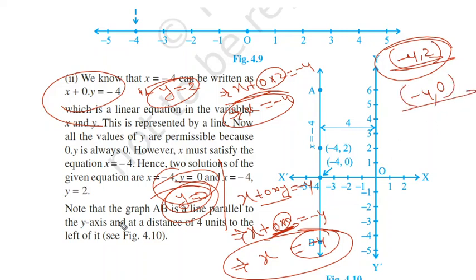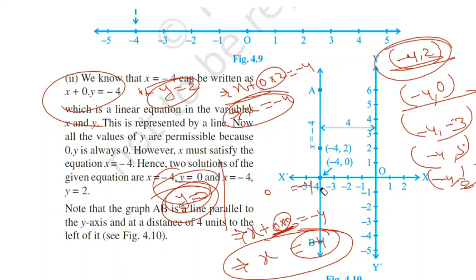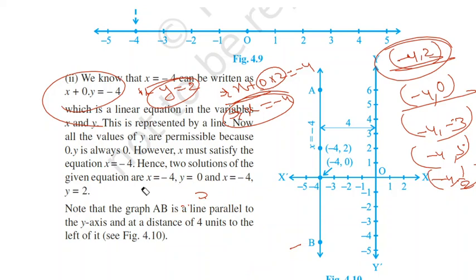So we got 2 points. You can get several more other points also, like (-4, -3), (-4, 5), (-4, 1/2). Like this you can get several other points. Okay, now we'll move to the graph section. So let's start with the graph. I am deleting all this, just keeping the points here for you.